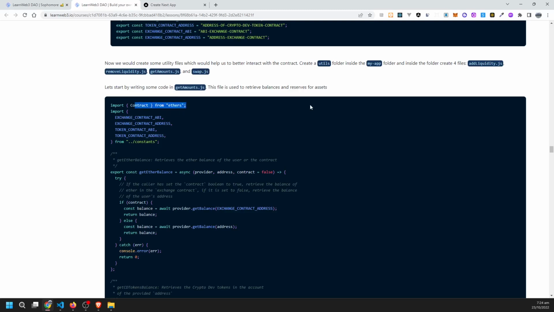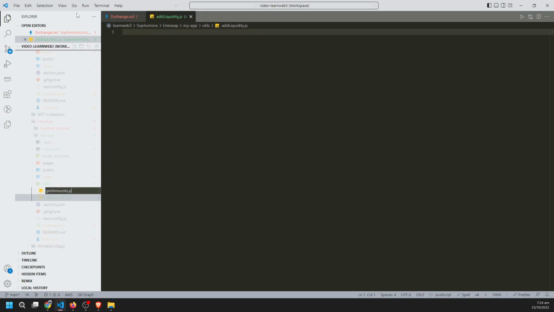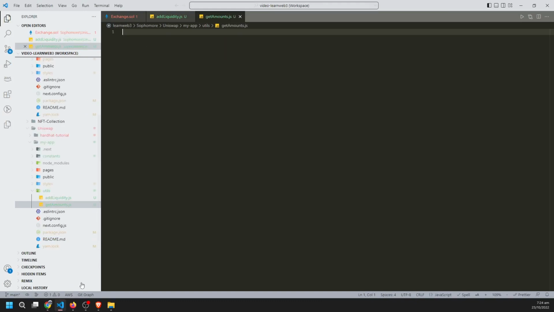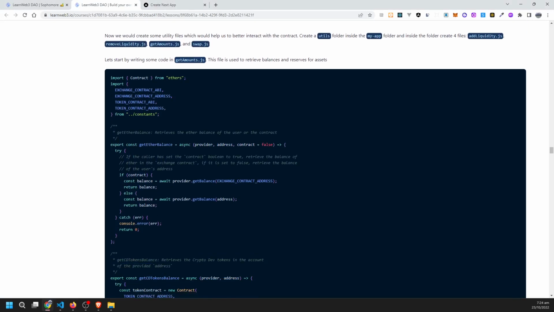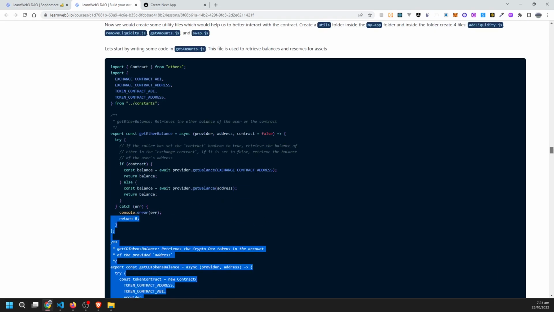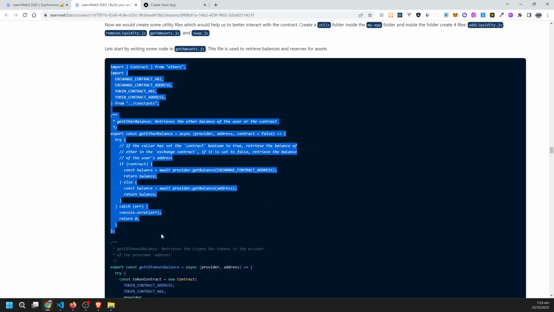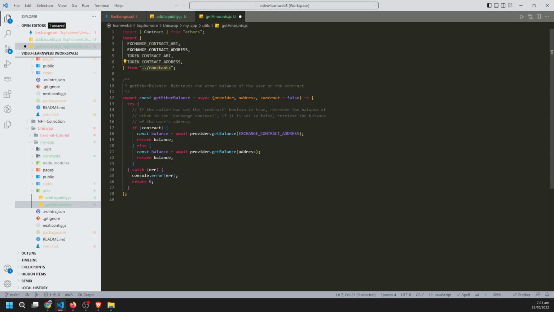Now let's copy this code. Sorry, this code basically belongs to getAmount.js. Let's create that file first and just copy. Okay, let's copy the first function first. Here we are importing